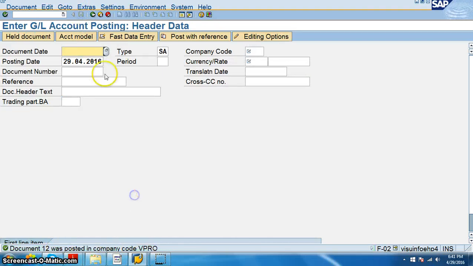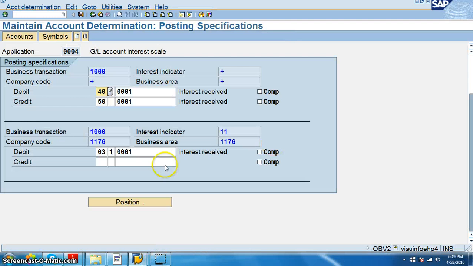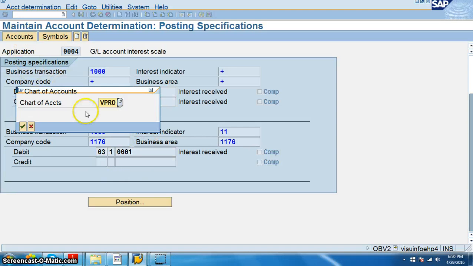So the document was posted. So enter GL account. This is F-02. We have the GL account. So in the OBV2 transaction, what exactly we have is we have done the accounts now here.